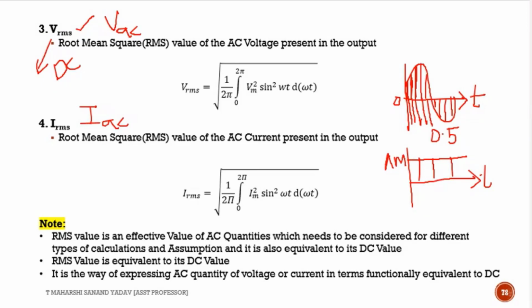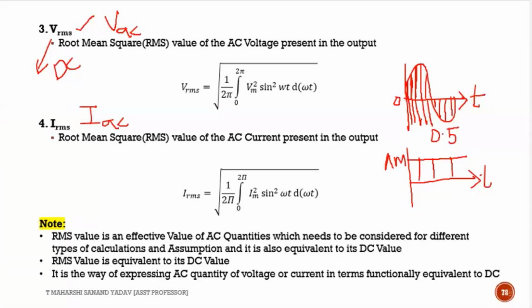Guys, any doubt with this? AC and DC. This is the important thing which you need to understand, like what is AC, what is DC, and why we need to convert analog to discrete, discrete to digital. I hope someone asked me the doubt of analog and discrete in the first lecture itself. So are you clear with that concept? How to convert analog to digital? By using the process of sampling or quantization.